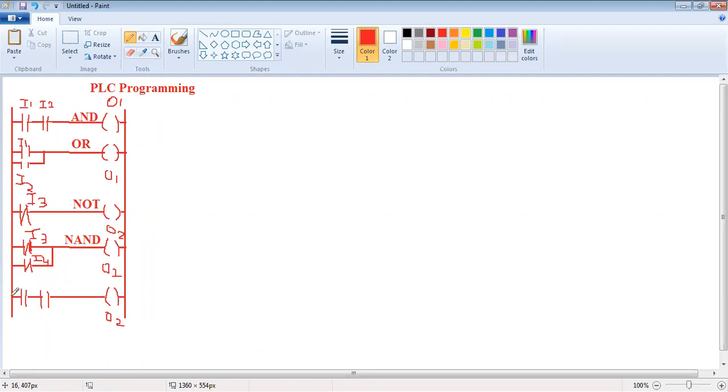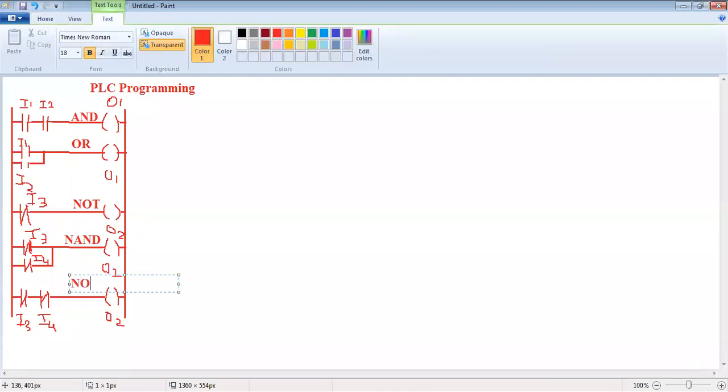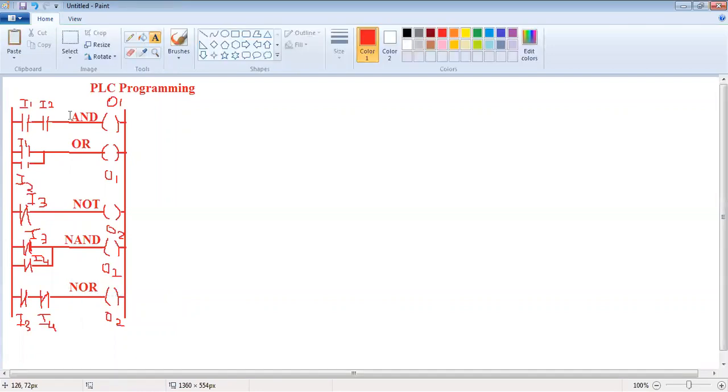Suppose this is output number 2, input number 3, input number 4, but these switches used are NC switches. See the difference between AND, NAND, NOR. See, the AND is NO switches in series.